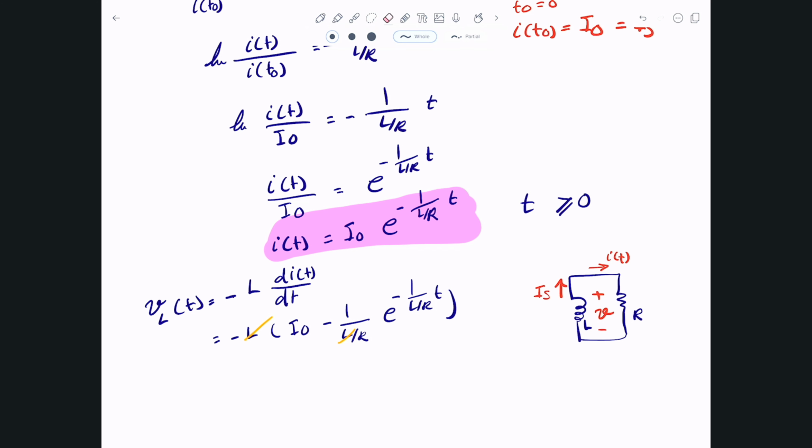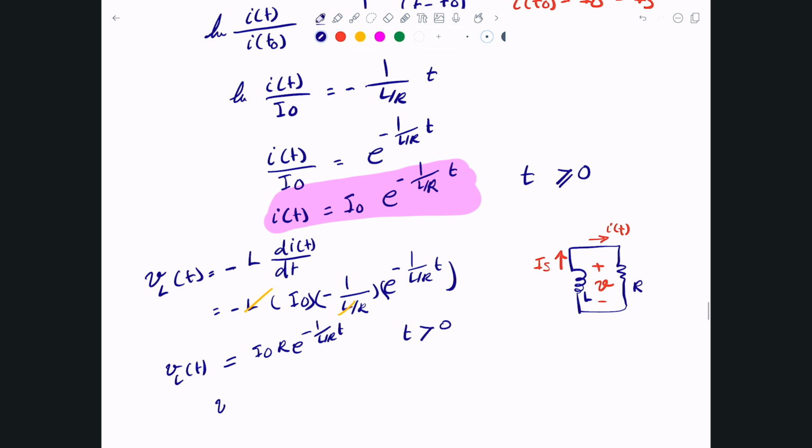Okay, and that will become basically negative times negative. Remember, because this is also I0, and this one here, and this one here, and this one here. That's how it becomes. So negative times negative is the same, so it becomes I0 R e to the -L divided by R of t. Okay, and that's VL of t, and that's exactly for t greater than 0, not greater than or equal to,